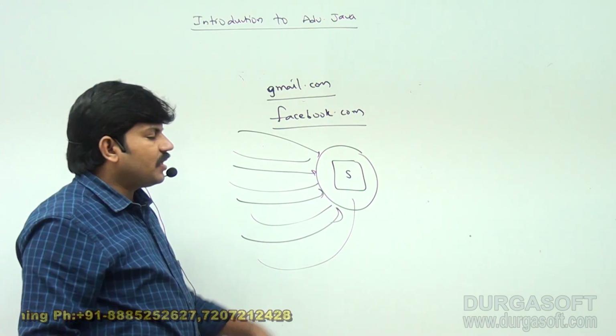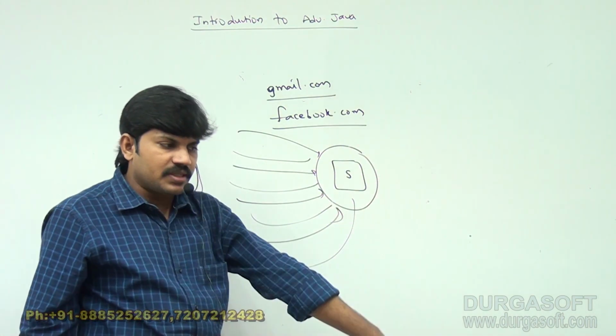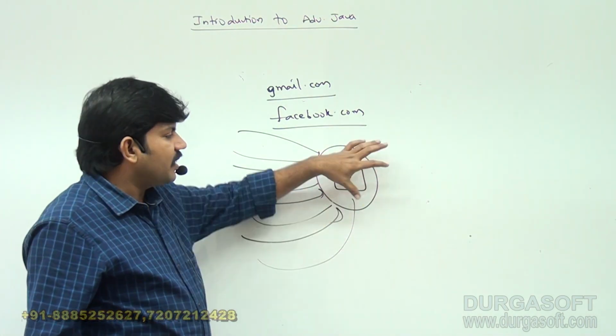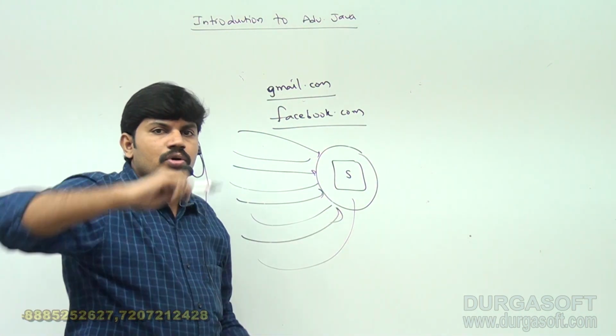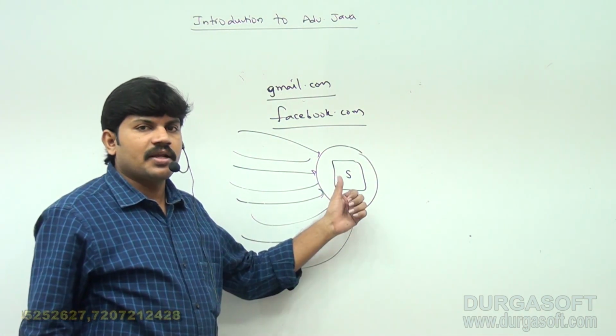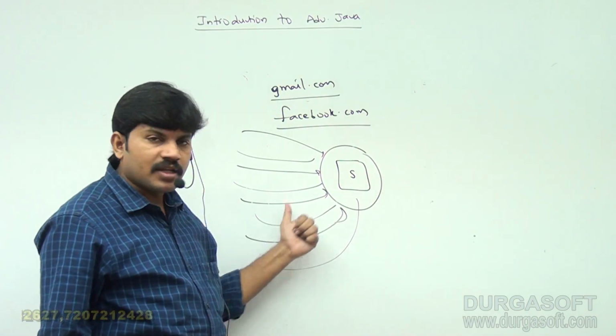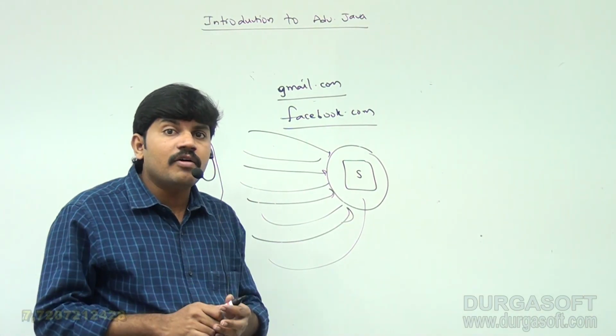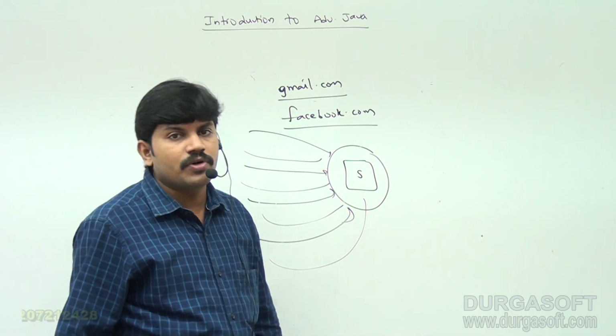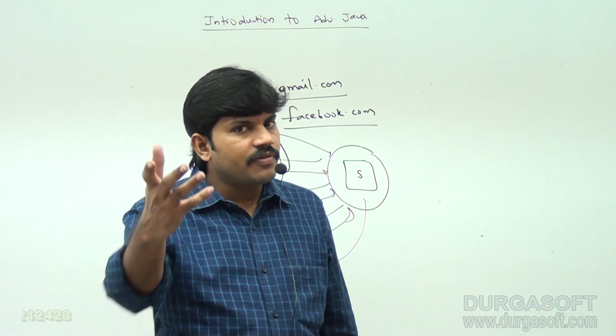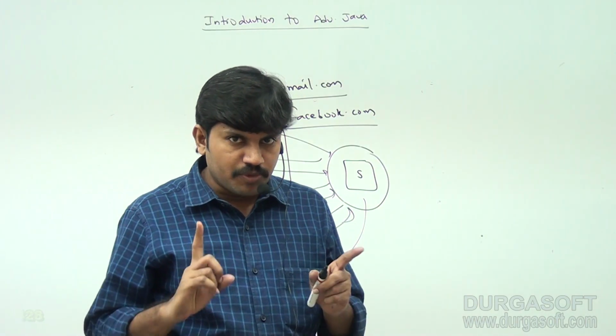Assume that the Gmail server is located in New York City. The Gmail application is running on the New York server, but throughout the world, any person can send a request and get the response. Such web applications, if you want to develop them, your core Java knowledge is not enough. Are you able to understand that?